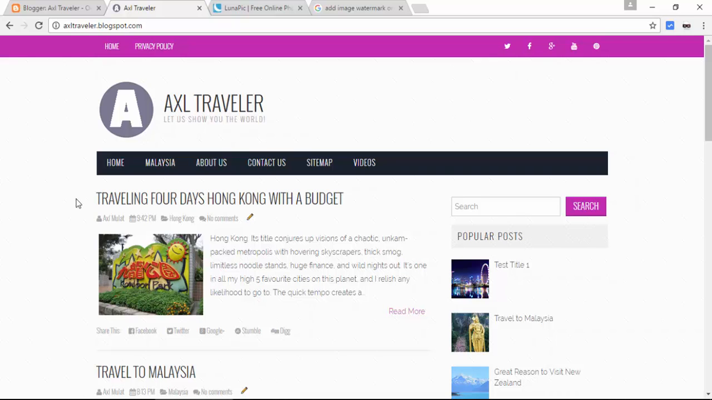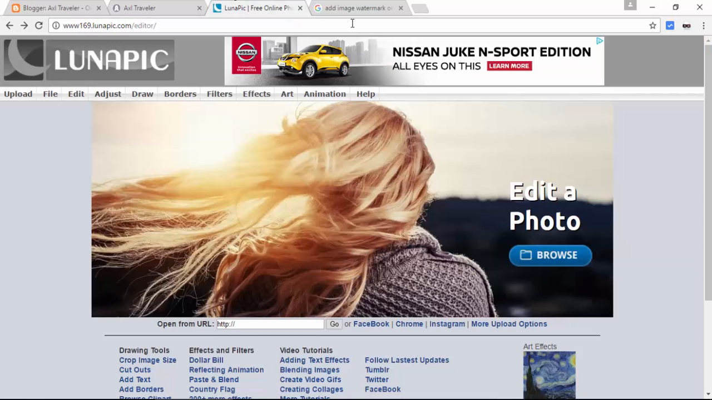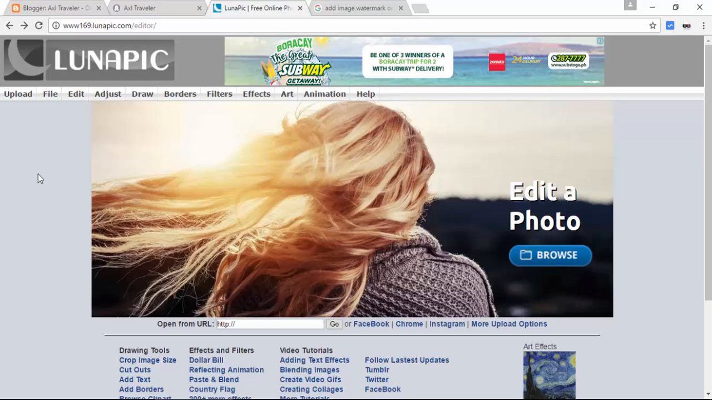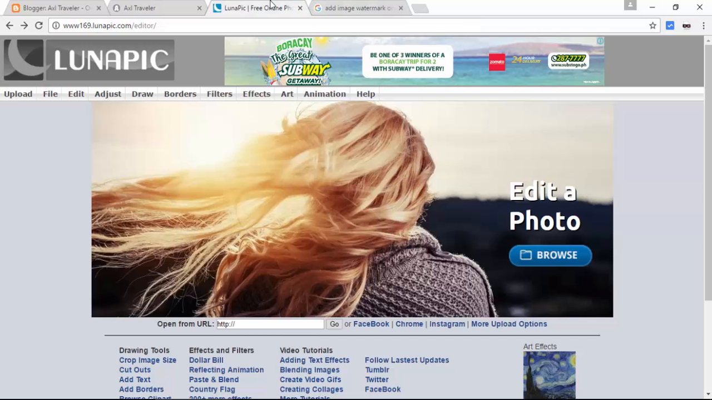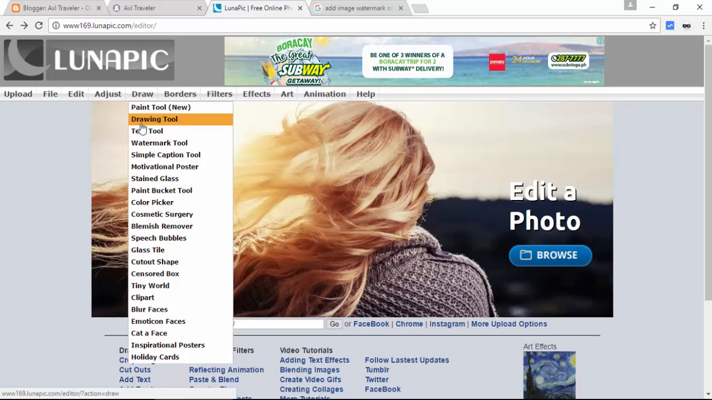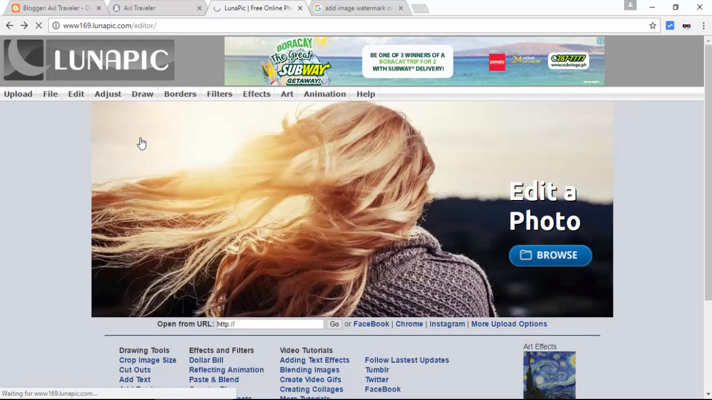So let's do that. We will use this tool, lunapic.com. You can add a watermark in Photoshop too if you know how to use Photoshop. I found this tool via Googling. If you find another tool, go ahead. But in this case, I use this tool. So we add it now. So draw, watermark tool,